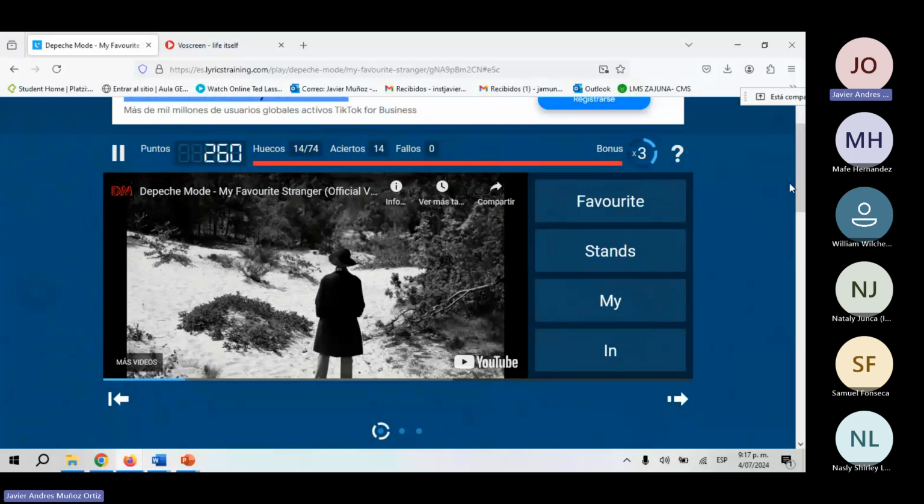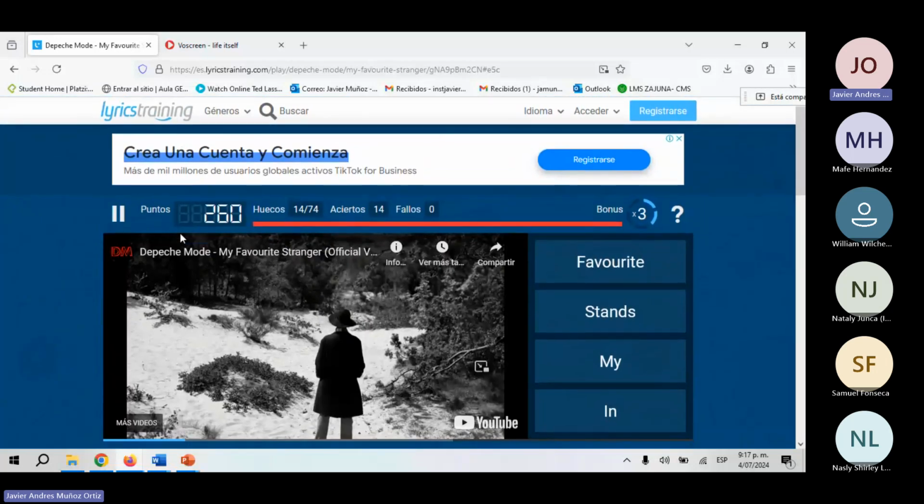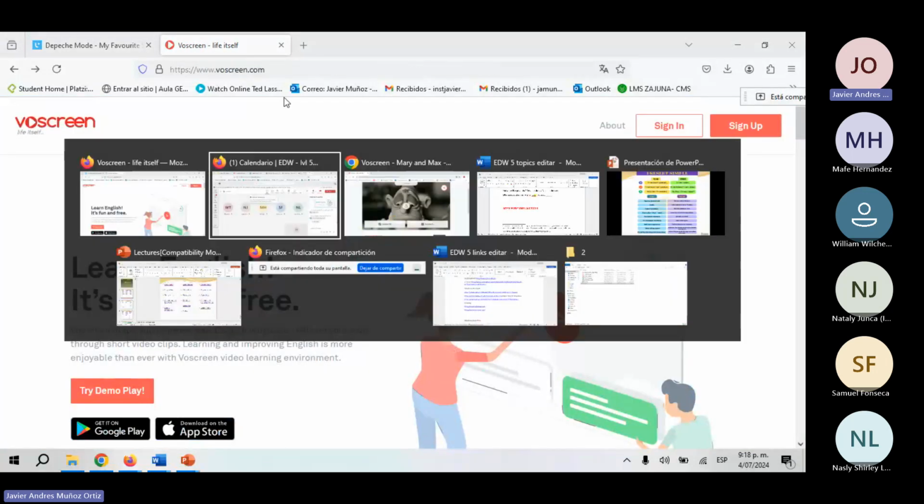So choose the gender, choose the group, choose the artist you might love, and practice with this. This is the first platform. The second platform,